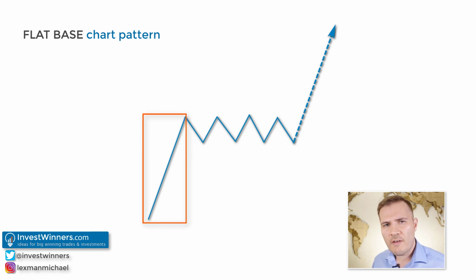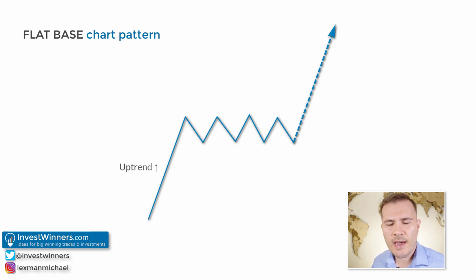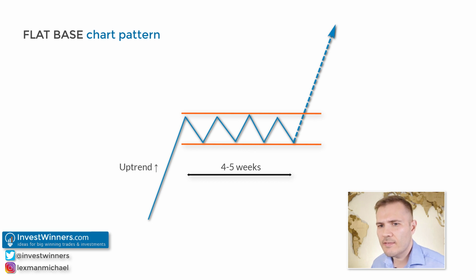But at the very first stage of the flat-based pattern formation, we have to see the uptrend. Flat-based formation occurs after this uptrend, when the stock or futures price drops a bit and stays at that level for at least another 4 or 5 weeks before starting to move up again. The point is that starting from a certain level, institutional investors buy stocks from uncertain investors. At the same time, due to market conditions, the stock or futures price cannot rise above a certain level. When big capital is actually in the game, this stagnation may result in an upward breakout on high volume and a consequent rise in price.